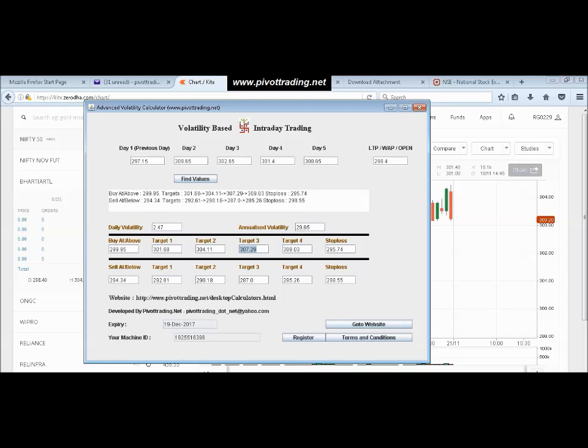So this is how this basic calculator has to be used. You can use it for commodities, equities, and futures. You cannot use it for currencies because the decimal point shown here is only 2 decimal places. So it is not advisable for currencies, but you can definitely use it for commodities and equities. My purpose in this short video presentation was to show how to use this calculator, what all values